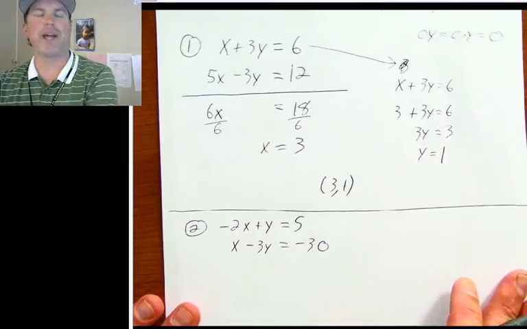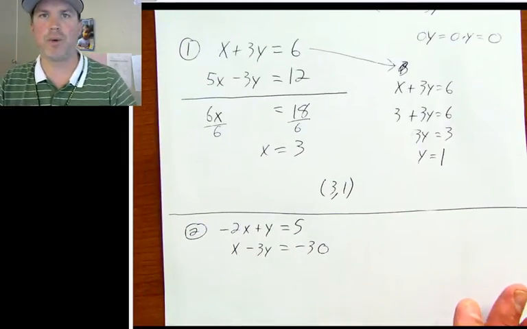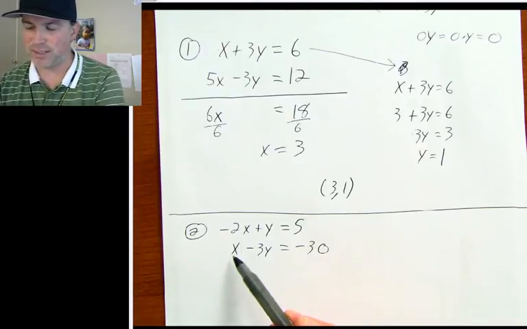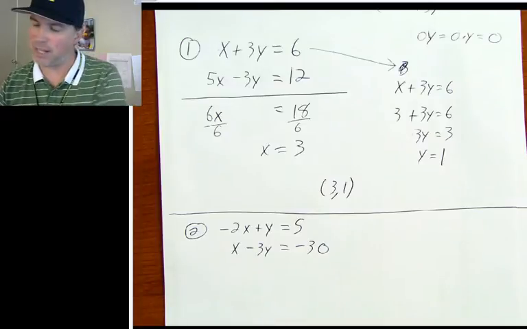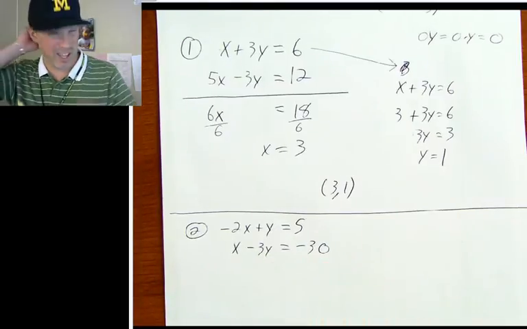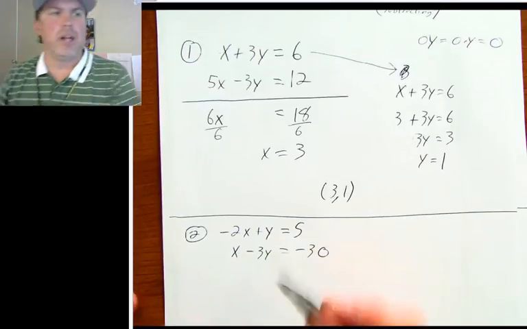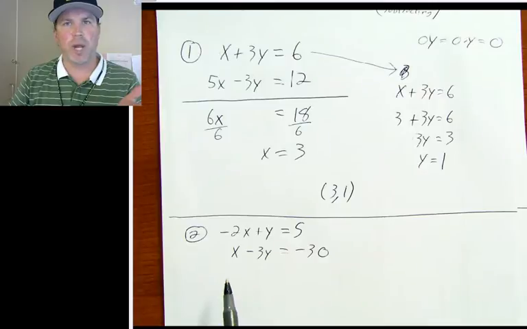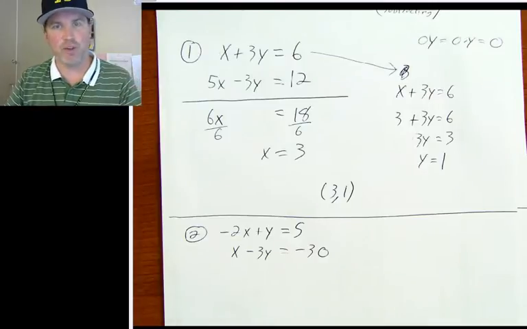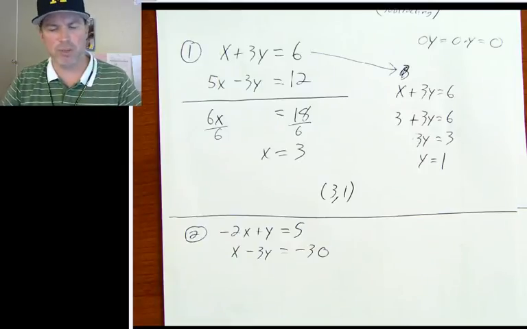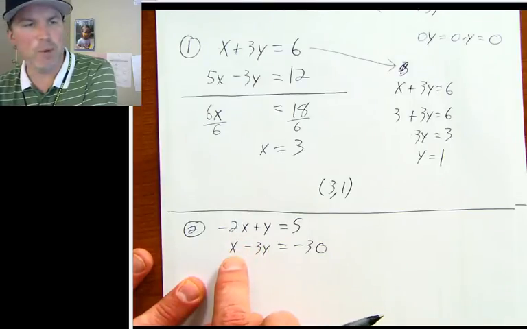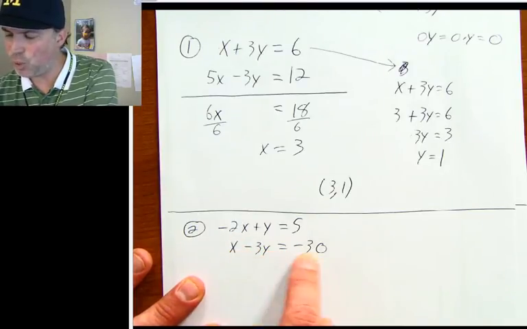Now if I try to add the two equations together right now, nothing is going to cancel out. Negative 2x plus x will not cancel out. y plus negative 3y, the y won't cancel out. So what we have to do is multiply one or both of these equations by a number to set that situation up. Now I always try to find a spot where one variable is positive and one variable is negative, so I don't have to worry about negatives at all. And I notice that if I multiply the second equation by 2,